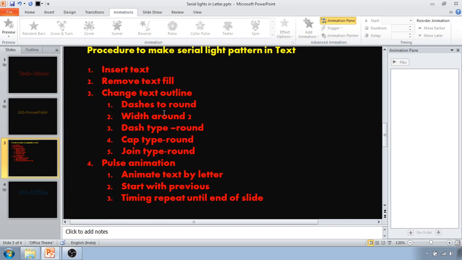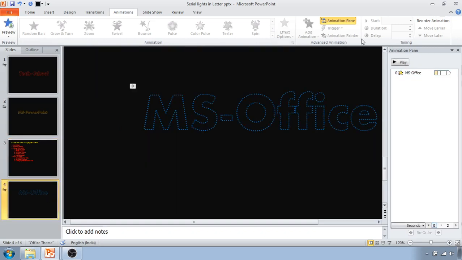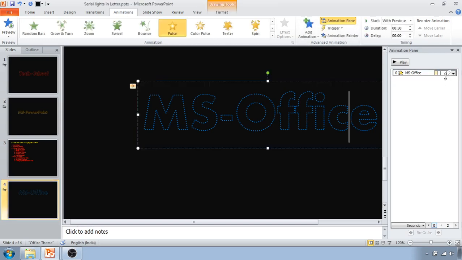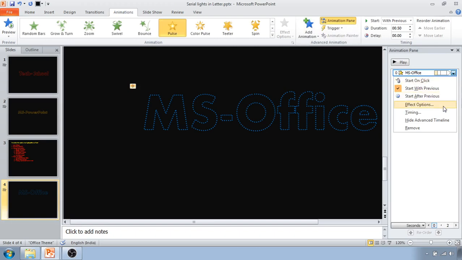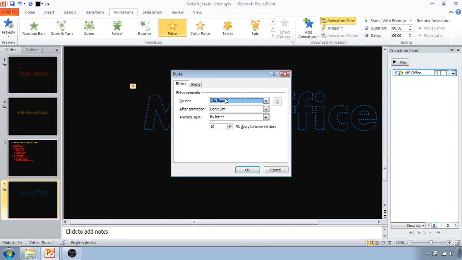Once you are done with the formatting of the text, you have to select the text again, click on Animation, select the Pulse animation in Emphasis, then open the Animation Pane. On the right hand side you can see the Effect Options. From here you have to select animate text by letter.